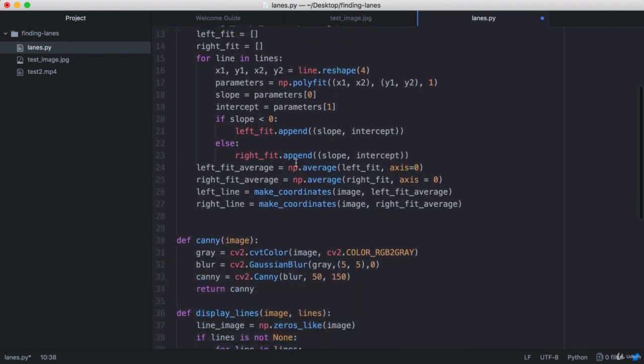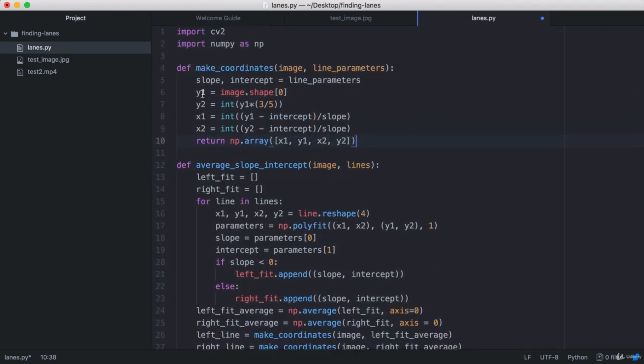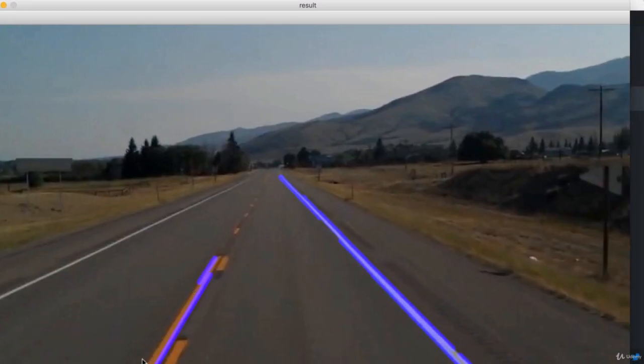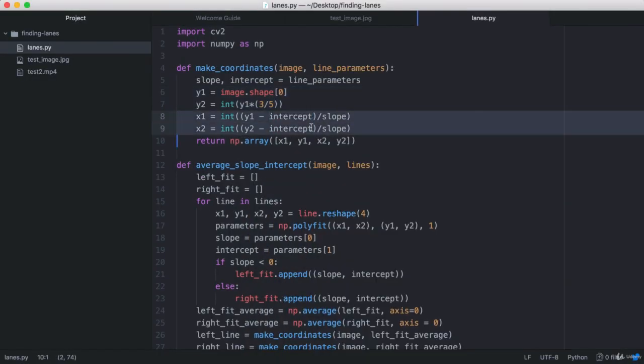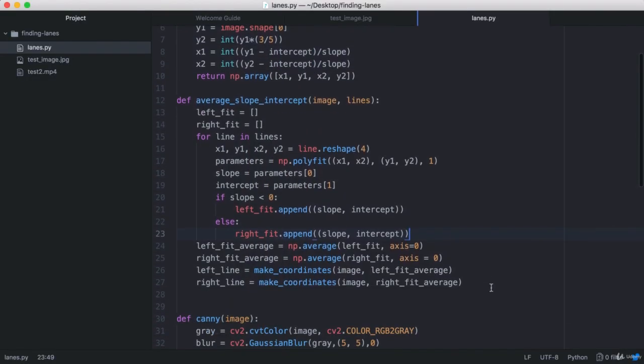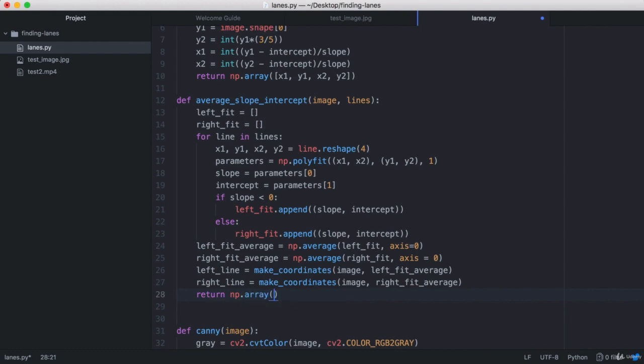So both of our lines are going to have the same vertical coordinates. They're both going to start at the very bottom, and go upwards 3/5 of the way up until the coordinate 424. But their horizontal coordinates are obviously dependent on their slope and y-intercept, which we calculated right here. We finally have our lines. We can return them as an array. Return numpy.array, left_line